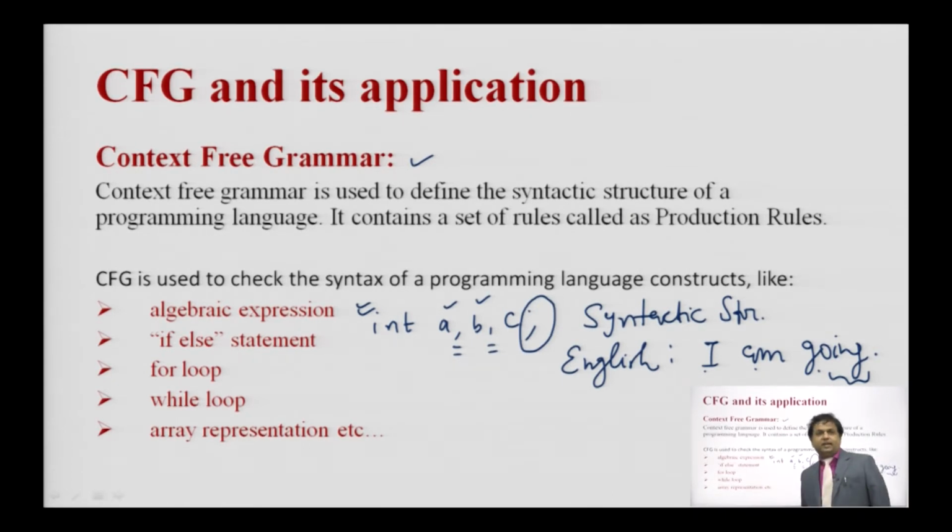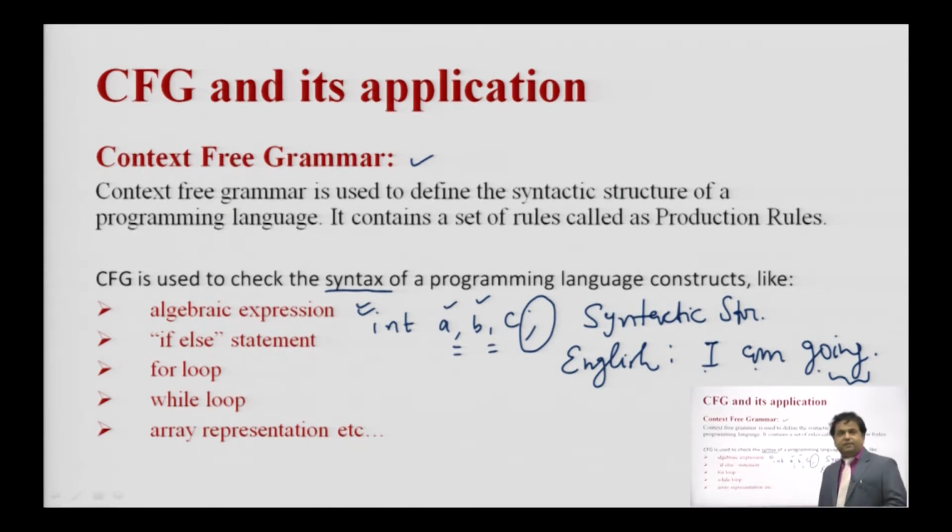So, this is the syntactic structure. If we do not follow the structure like this, then there will be an error. So, context free grammar is basically used to check the syntax of a programming language.